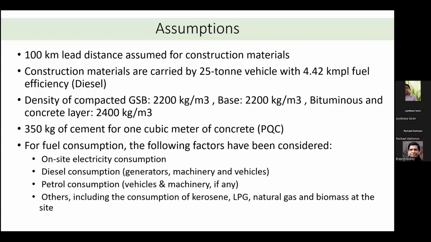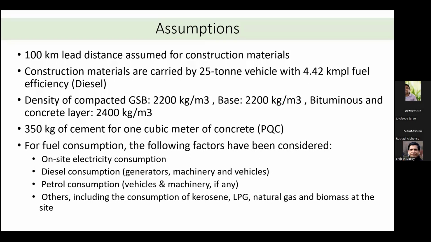Post that, the key important one is the assumptions. You consider a functional unit, and assume different components which are required. If any data is missing, try to take it from literature and make it an assumption. So list out all the assumptions. These are some example assumptions that we can make. A 100-kilometer lead distance is assumed for construction materials. The industry people can understand this very nicely when they are in the field. The lead distances vary a lot from location to location. So how do I consider this lead distance in my LCA study? Make an assumption of 100 kilometers.